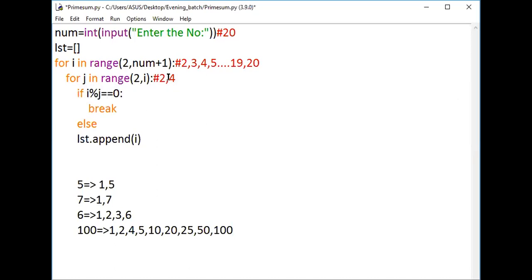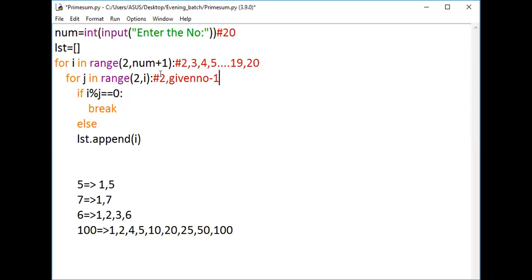So we are starting from 2 till the given number. For any program, you're going to go to the given number. So here, till the given number minus 1, sorry guys, given number minus 1. You can optimize it, don't worry. Given number minus 1, it's supposed to go here.